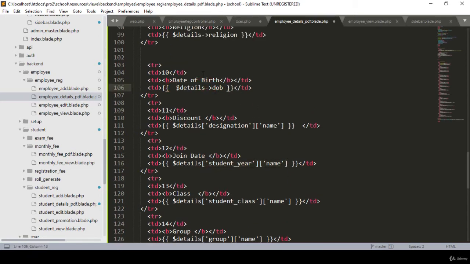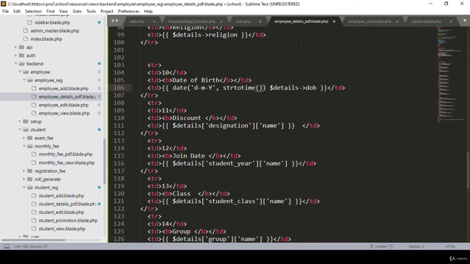So into the DOB area I want to add a custom date format. I make it as date, and into the date area I want to pass our date format. First of all it will be displayed as the date, and then the month, and then the year. If you want to start with the year, you have to add it as year, month, and date. So right now that is our date format. I simply updated that part, and then the same as a start